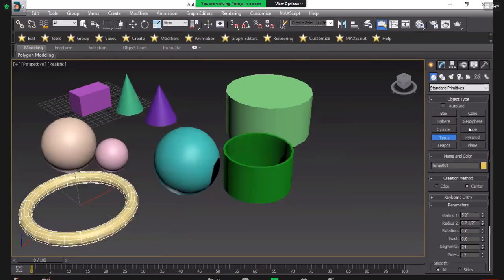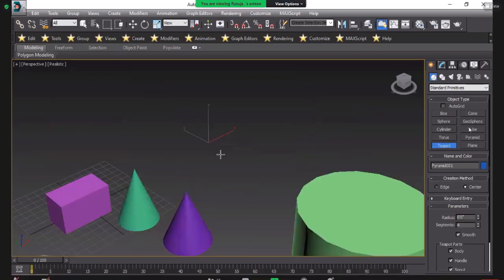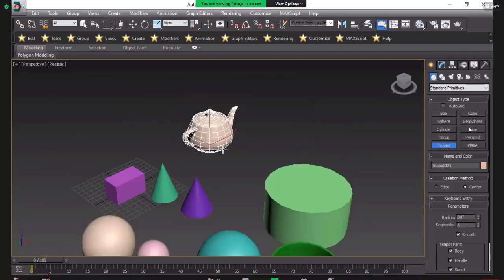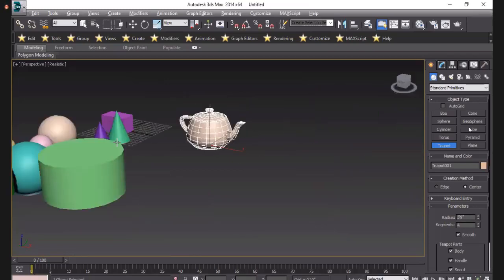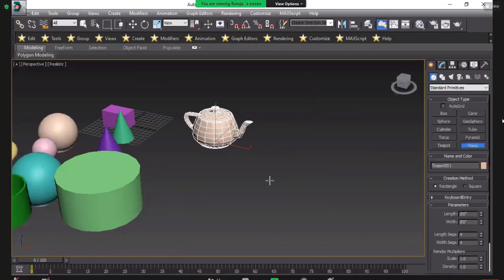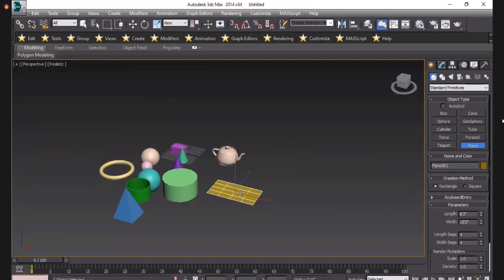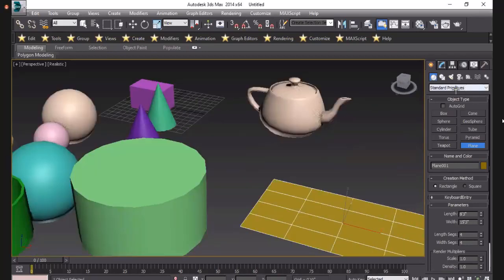Okay, and next one, pyramid. 3D Max also gives one teapot for our use. I will show you how to use it. Okay. So next one is plane. The plane surface is mainly used for ceiling and our floor. Okay. So like that, you will use the standard primitives here.